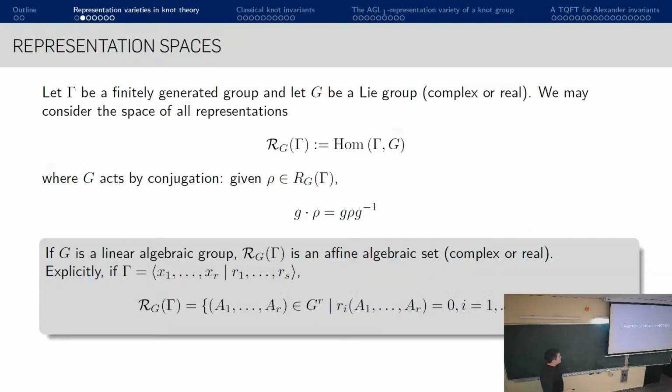So, okay, representation varieties. Many people here in the audience already know this and are currently studying these spaces. But in full generality, you pick any finitely generated group, gamma. Down there in the gray box, you pick a finitely generated group with r generators and a certain set of relations. Then the space of all representations of your gamma into G, where G is a Lie group, complex, real, you've got several modifications. For me, in full generality, it's going to be a linear algebraic group, to do algebraic geometry. And the set of all homomorphisms of gamma into G is what we call the representation space of gamma